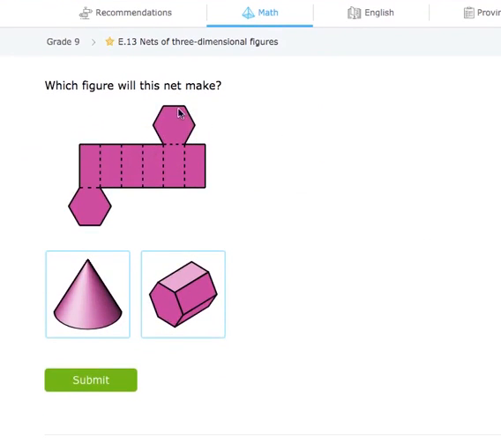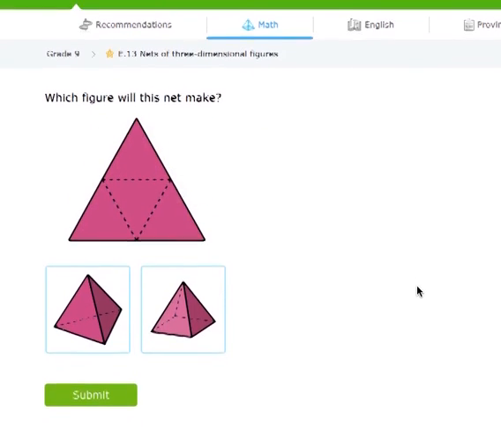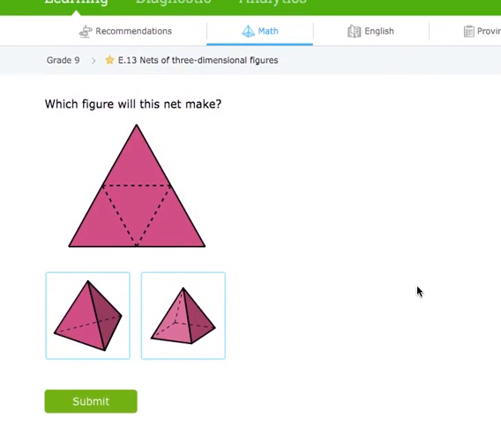Lastly, we'll do one last example here where you've got a hexagon, right? This hexagon here means that I've got to have a hexagon showing up in my shape. There's only one of these that makes any sense at all. So you will end up maybe occasionally getting ones that will be a bit of a challenge, like maybe it's worth talking about this last one here, because you do have two kinds of pyramids here,